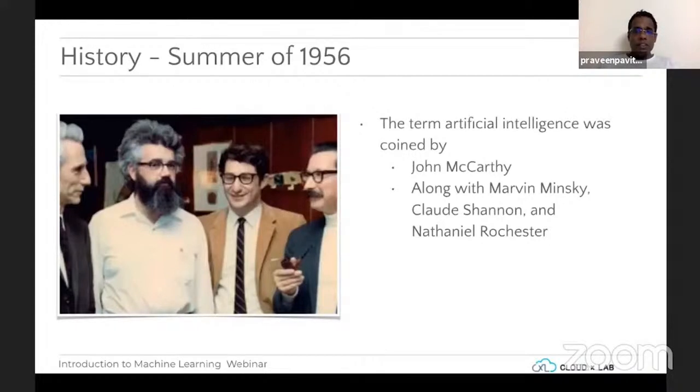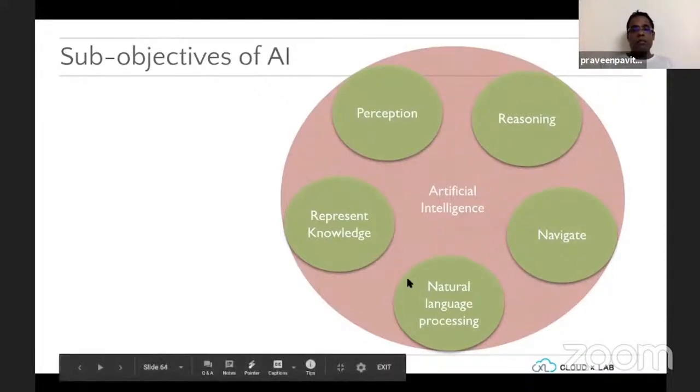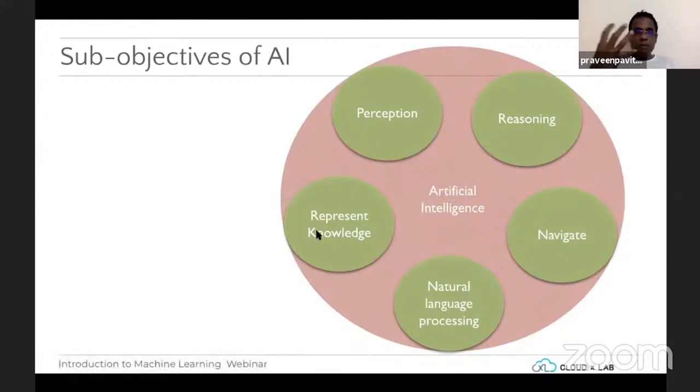So the term artificial intelligence was coined by John McCarthy, Marvin Minsky, Claude Shannon, and Nathaniel Rochester. What they did is specify the sub-objectives of AI. They said these are the sub-objectives: perception, reasoning, ability to navigate, ability to do natural language processing, and ability to represent knowledge. If you can achieve these sub-objectives,